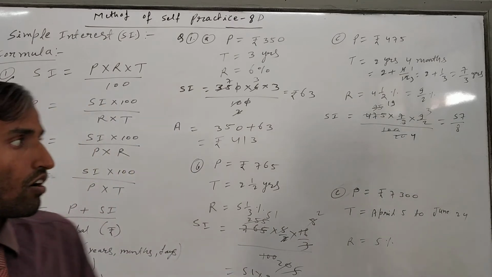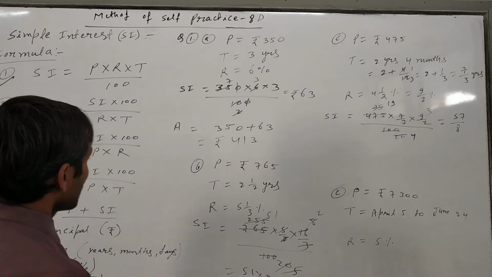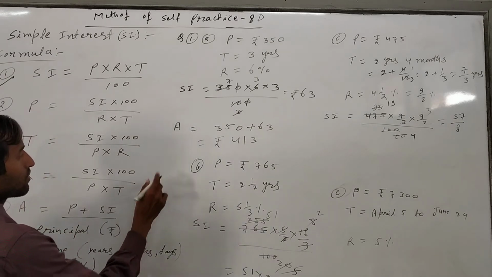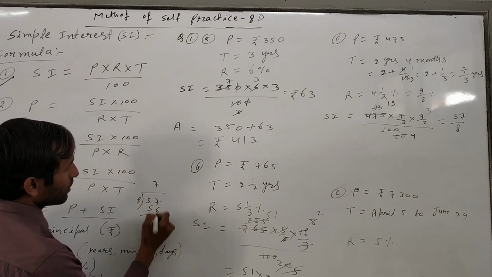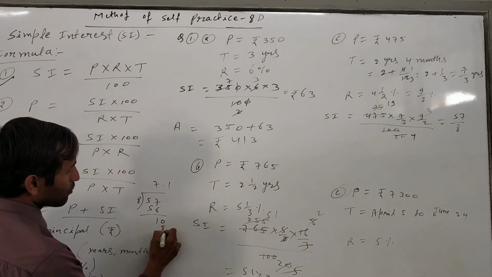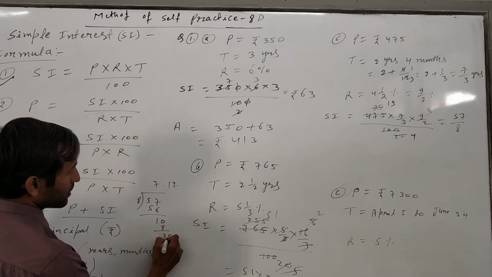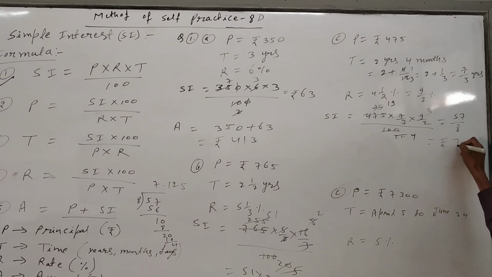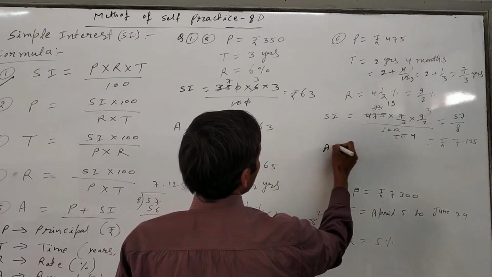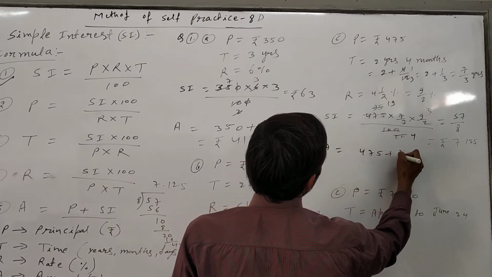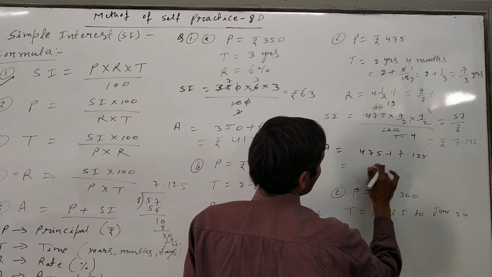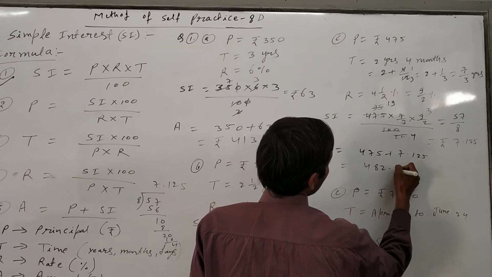This is the SI. Now if you want to convert into decimal, you can divide 57 by 8. So 7 8s are 56 will come, and then 1, point, just write 1 so 8 1s will come, then 10. So 2 8s are 16 will come, then 4, then 5. So it will come like this: rupees 7.125. Now we have to find the amount. So we will add here 475 plus 7.125. So it will come 482.125 rupees.